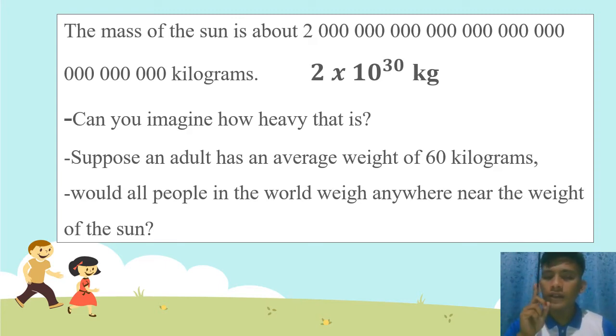Because we're talking about mass, that's why kilograms. Can you imagine how heavy that is? Remember that the average weight of an adult is 60 kilograms. Will all the people in the world weigh anywhere near the weight of the sun? It's just small pieces if we are near the sun, like a dust or a dot. So,